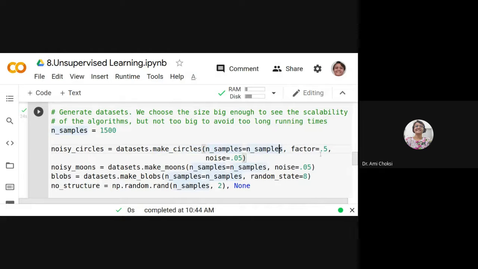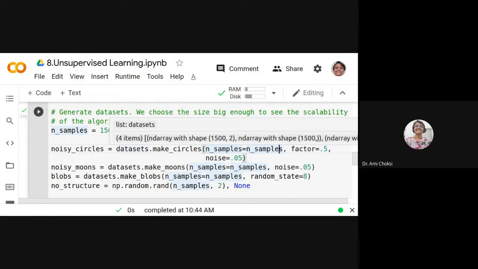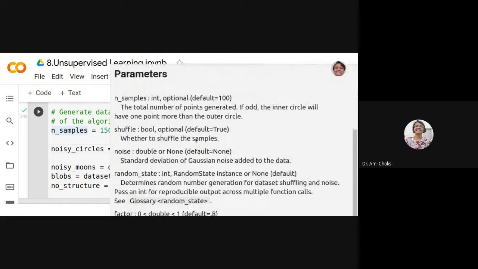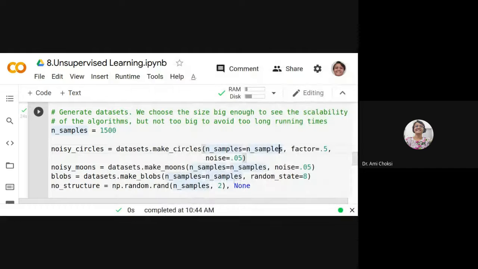Then what is the factor? Factor is between 0 and 1 and by default it is 0.8, right? So that's what we are specifying here. By default it is 0.8. Here we are taking it as 0.5. Then noise is equal to 0.05, sorry.